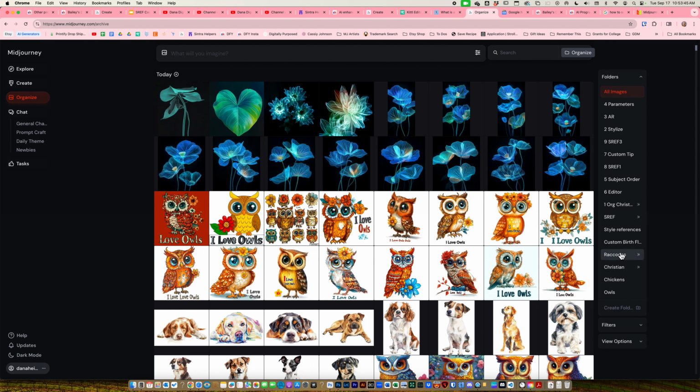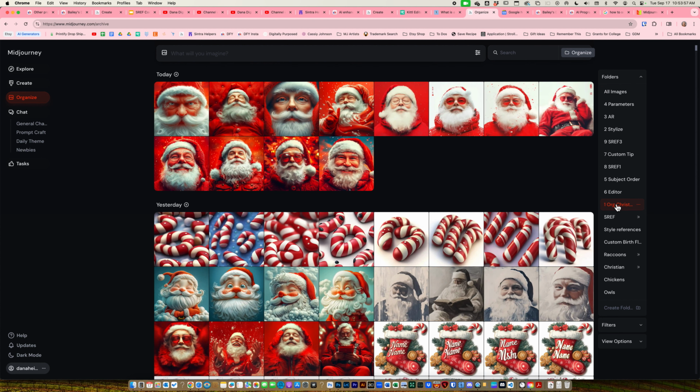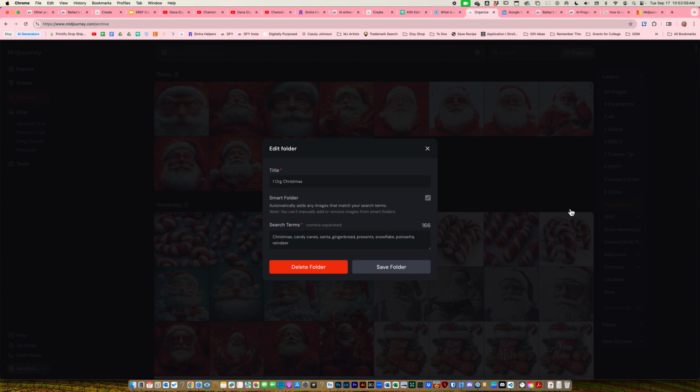What I instead like to use my folders for is smart folders. I really like those, and I have right here, this one has been created. This is my Christmas folder, and if I click on these little dots, you can see that I've entered some subjects or some words that I might have typed that I would want to show up here. So anytime I create a prompt with the word Christmas or candy canes, I should probably change that to singular in case I just have one candy cane. And Santa, gingerbread, any other thing that I would relate to Christmas that I've created, I would put in here